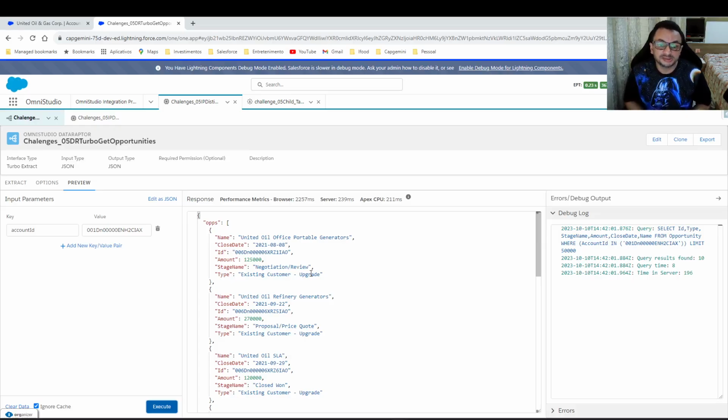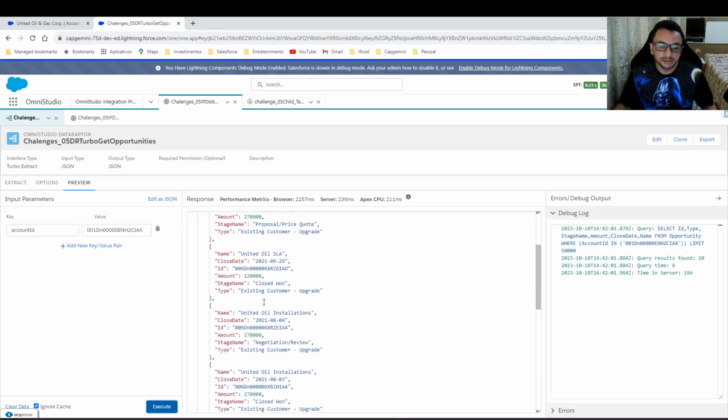It means that we would need to perform 30 queries, and many of them would be unused. Imagine that all opportunities had the same stage name: all 29 other queries would be for nothing. So what I did is